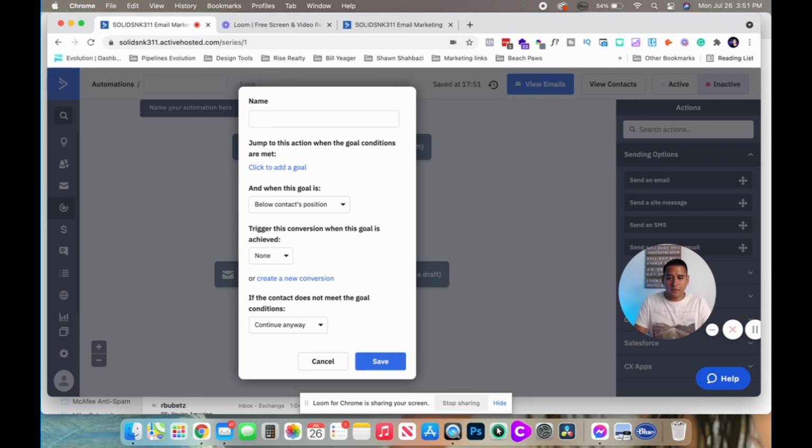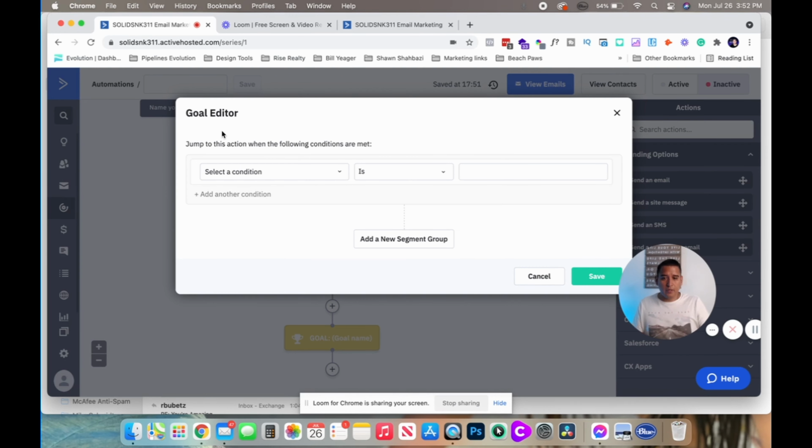So the goal may be book a call. So we're going to build a book a call. Basically, like I said, I can go more in depth, but when you push your emails out in a 5-day welcome sequence, and say, for instance, they purchase what it is that you send them to, and you're able to